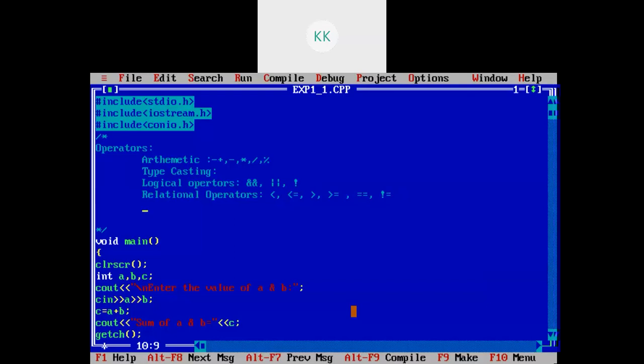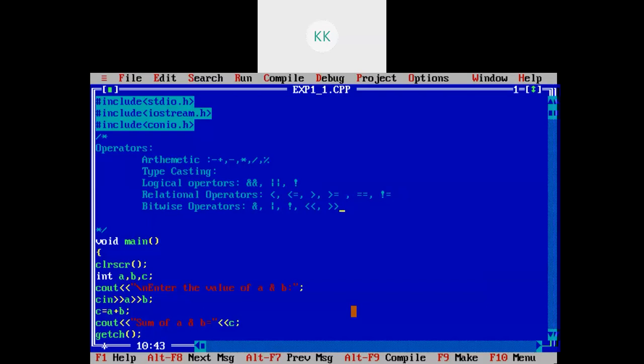Then there are bitwise operators. Bitwise operators are and, or, and not. And two more are there, left shift and right shift.